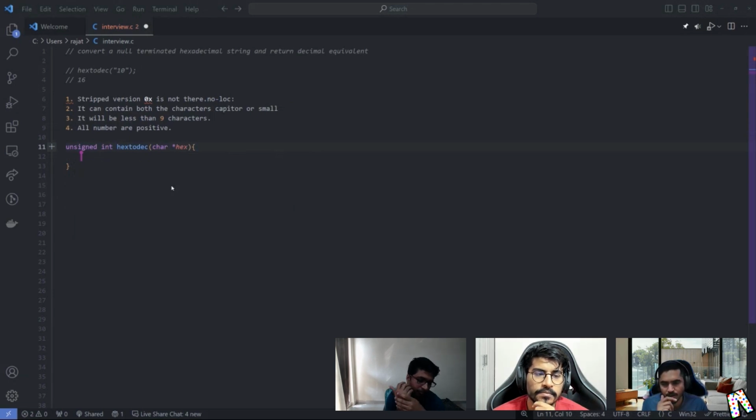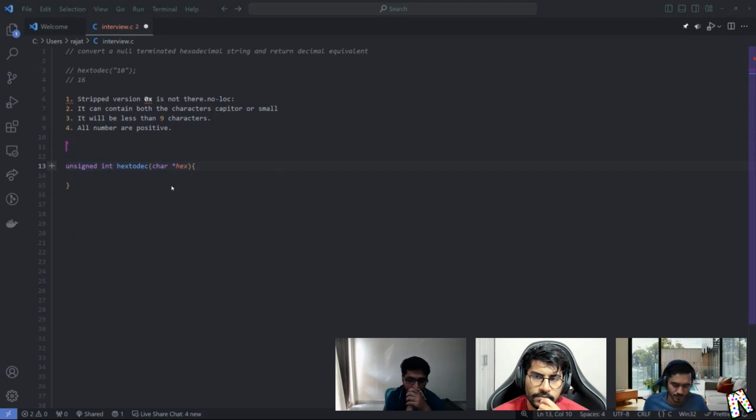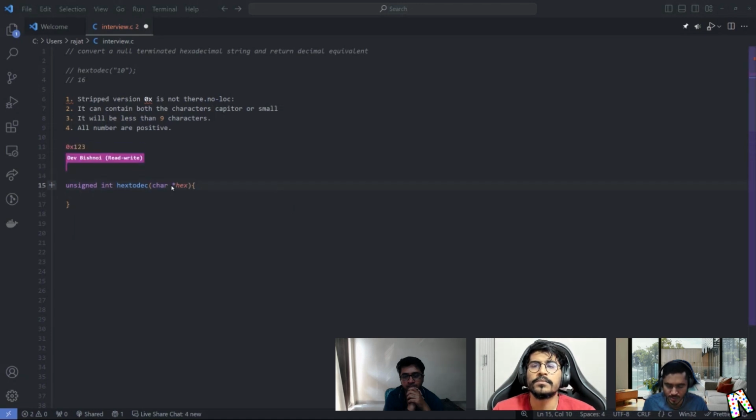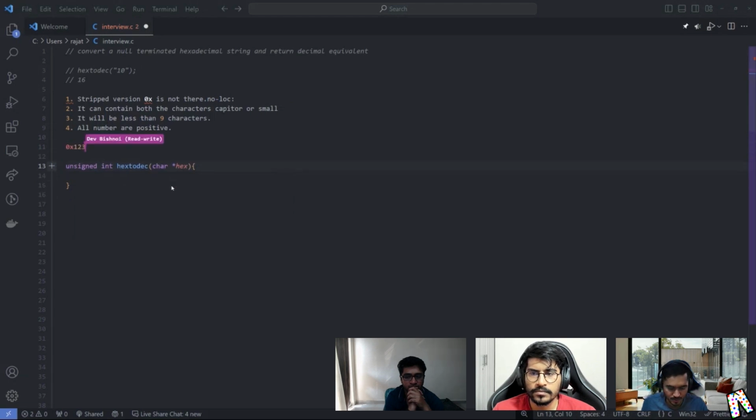Okay. So how we typically convert a hex number to decimal is this: let's say you are given 0x123. I'm using 0x so that we know it's a hex number. In the conversion we will have something like this: let's say 16 to the power